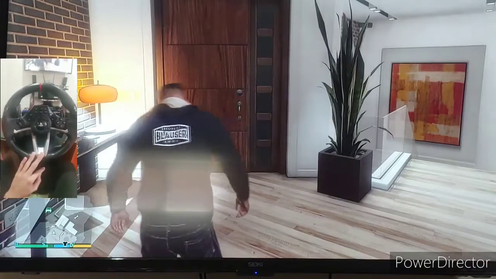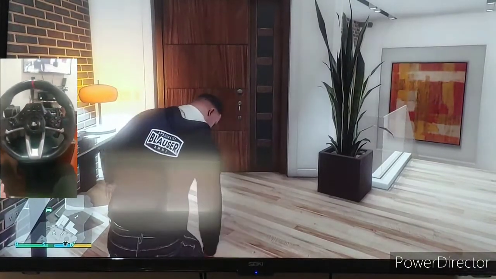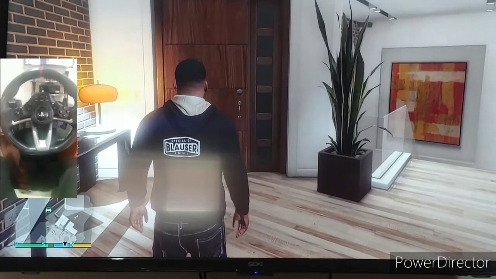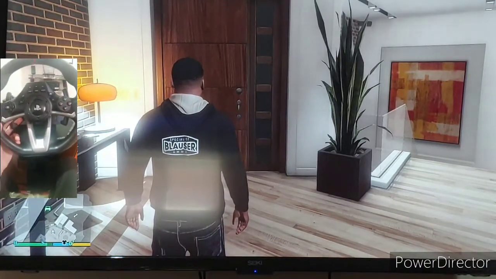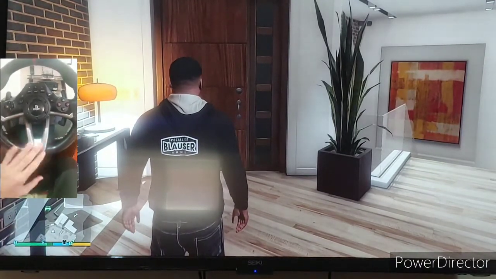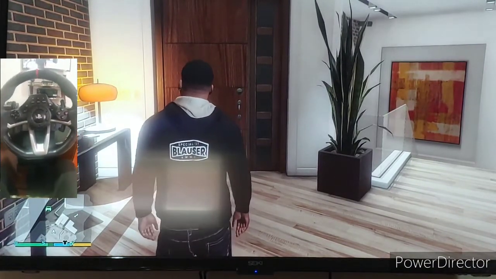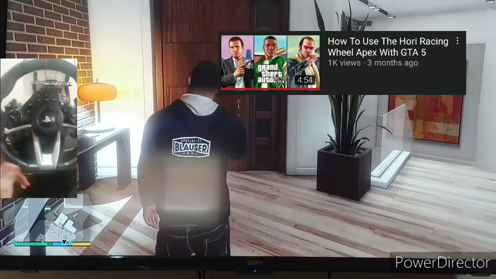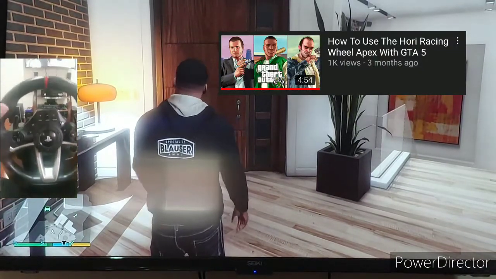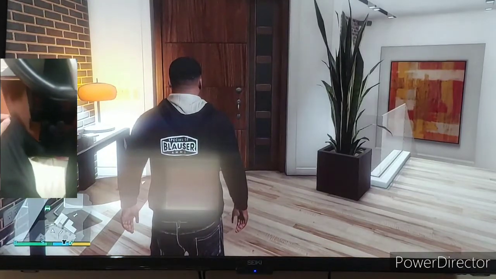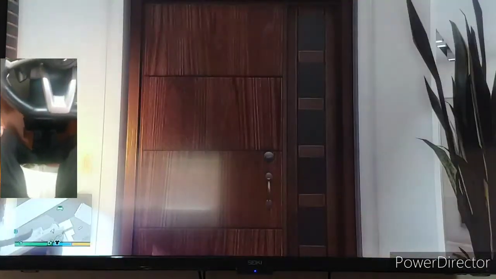So, recently I've been getting comments on how to reverse using the Hori Racing Wheel Apex on GTA 5. Recently I made a video on the Hori Racing Wheel Apex and GTA 5. You'll see the photo on the video right now. And pretty much like I said, I've been getting lots of comments. So today I decided to show you certain functions and most importantly how to reverse using the Hori Racing Wheel